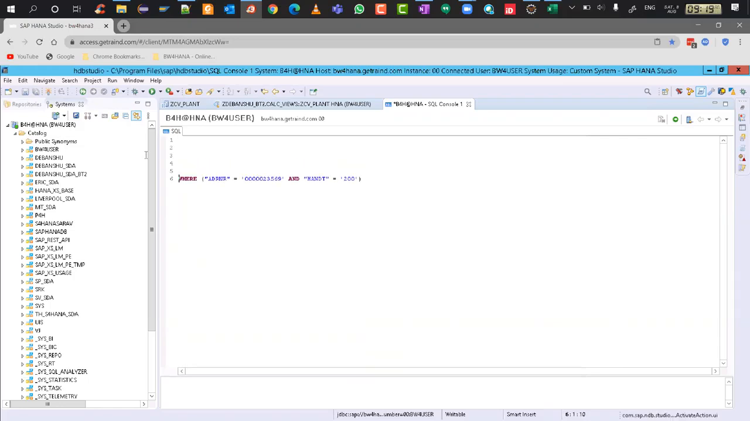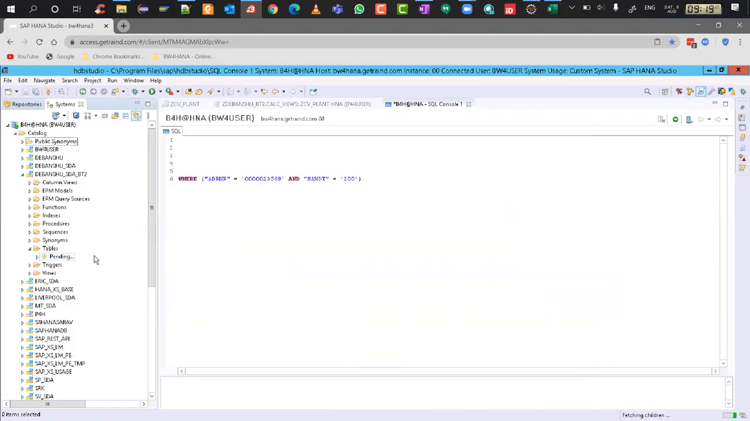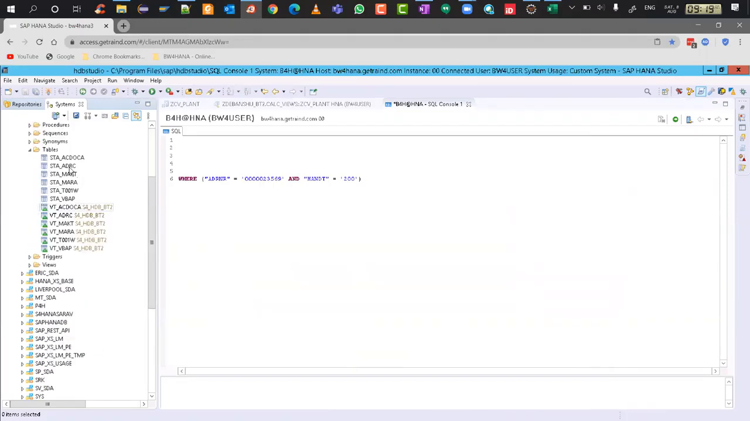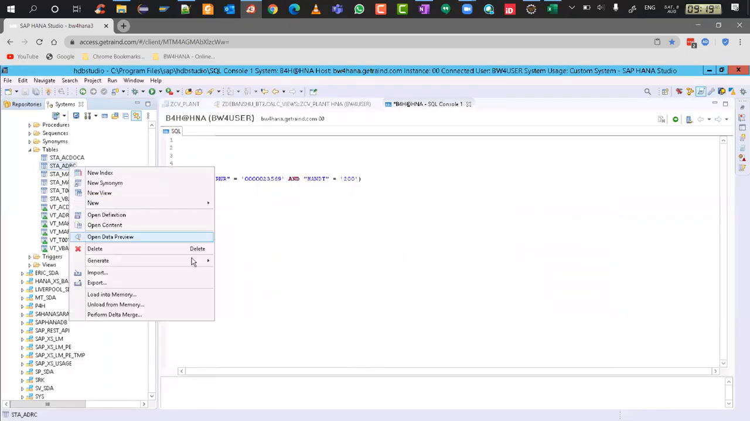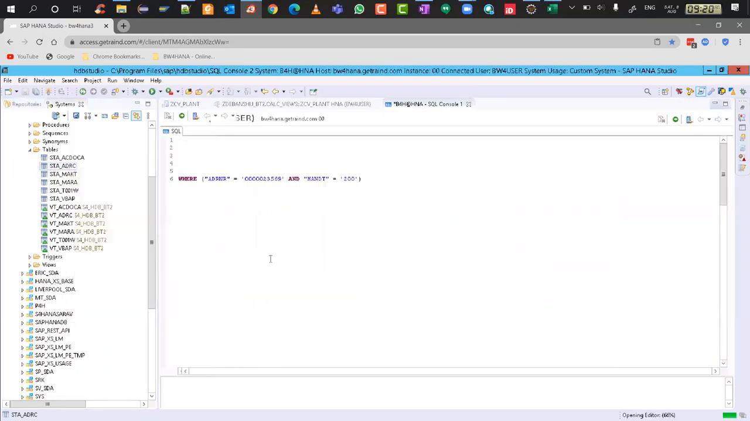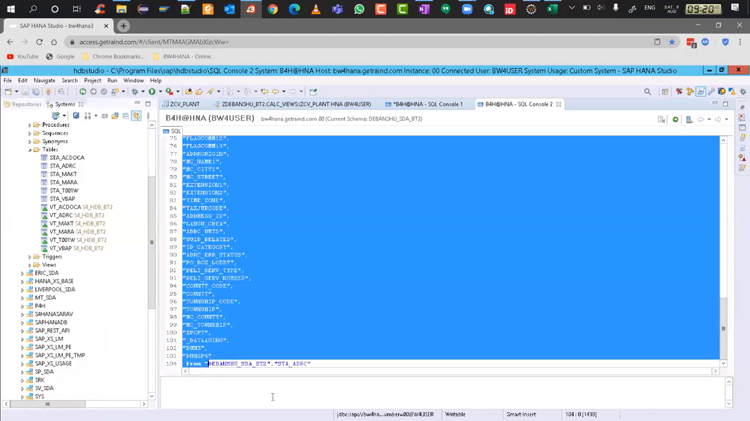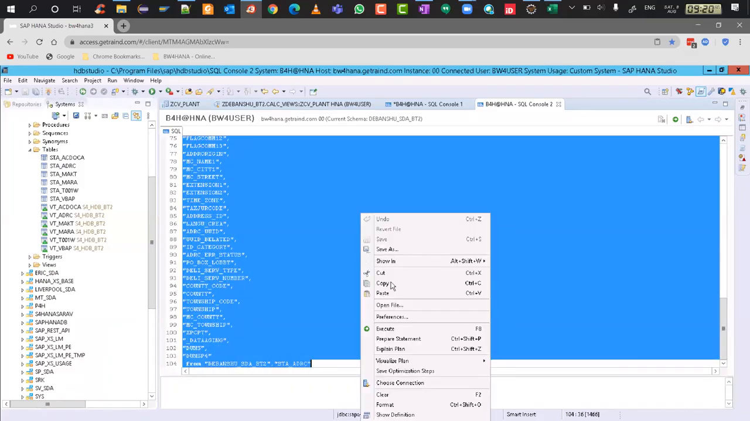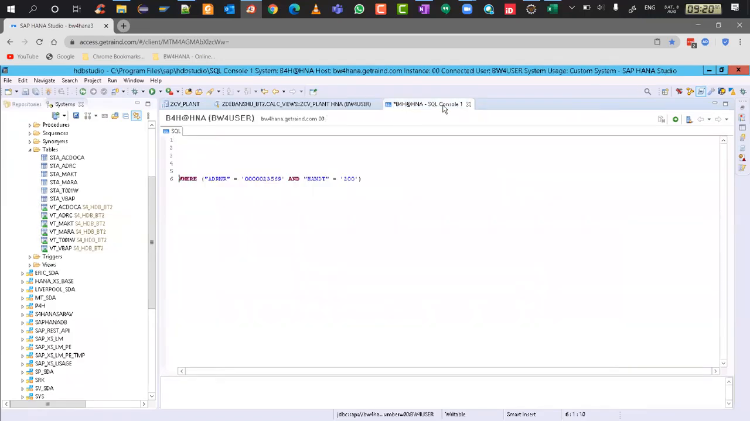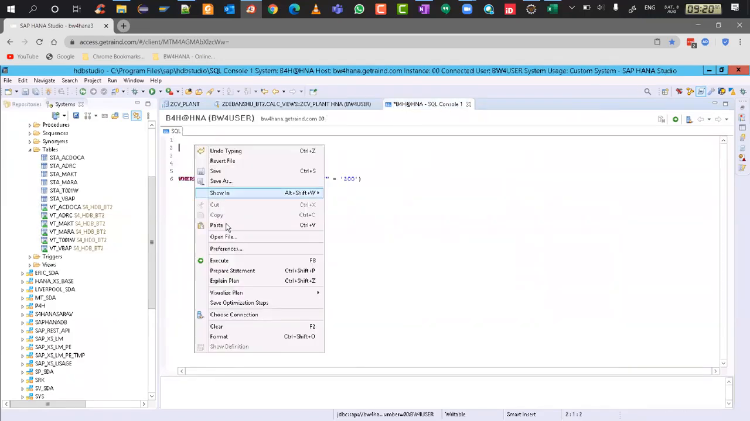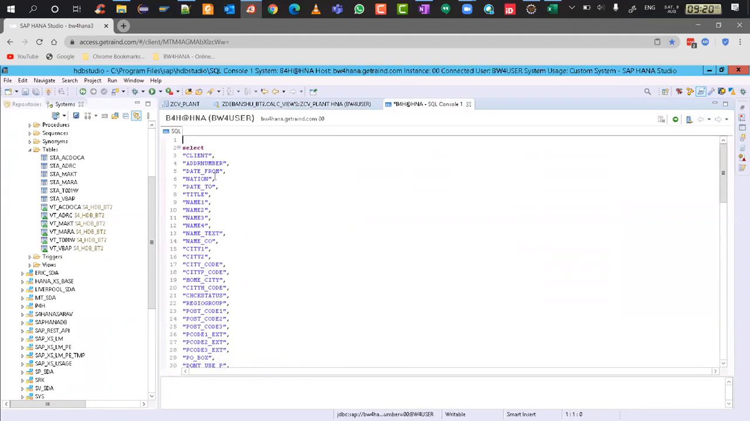Now we'll go to my schema, go to the tables and to ADRC. That's where we have to enter the record. So we'll right click, say generate, and select statement. This generates the select statement from ADRC, all the columns, everything. We select everything from here, copy it, close this, go back to the SQL console, and paste it here. And then we'll say